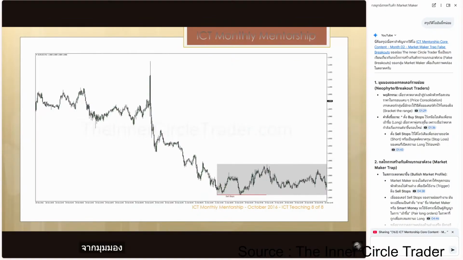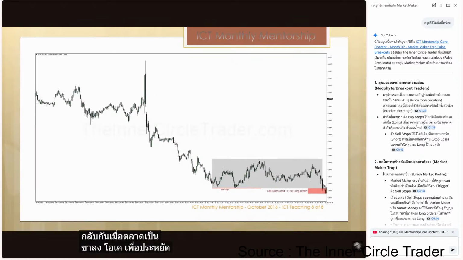Now, from a market maker's perspective, we look below the marketplace when we have lows in the form of sell stops. Now I'm going to focus primarily on a buying environment, focusing on when the market is underlyingly bullish. Everything that I show you here would just be reversed for when the market's bearish, just to save time. When the market breaks below the